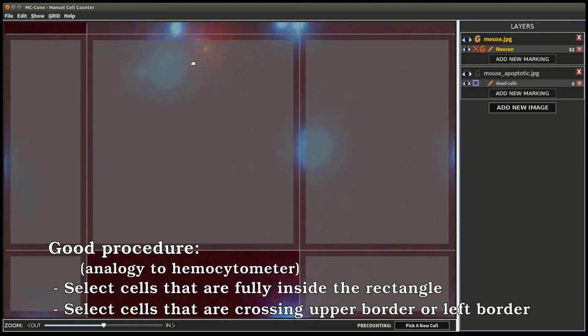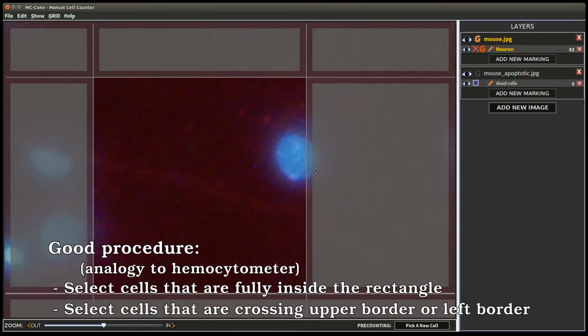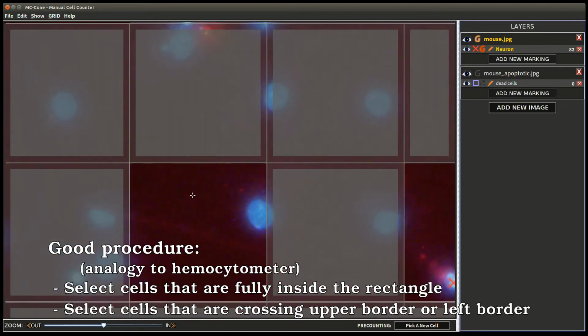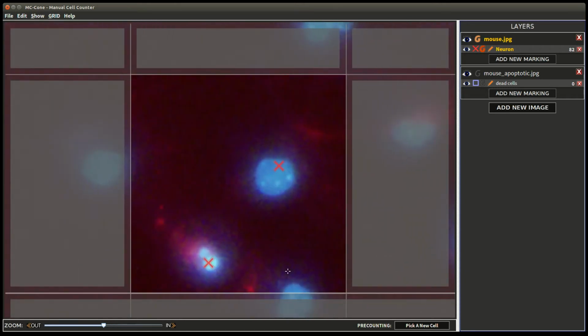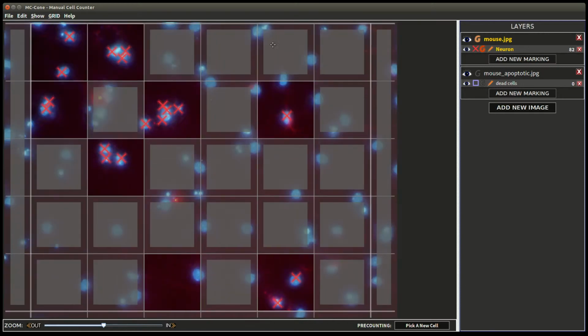Let's check, is there any here. This one is crossing this right line, it's not selected. And here is a bottom crossing cell, so we are not selecting that one.